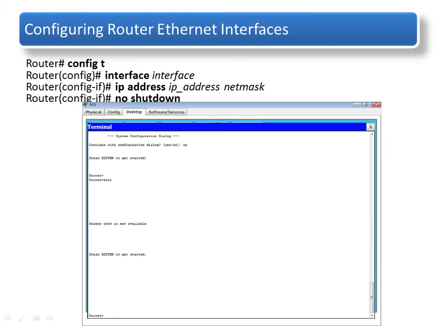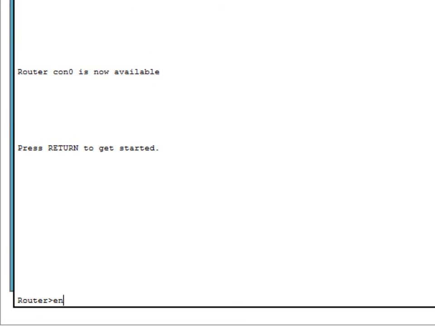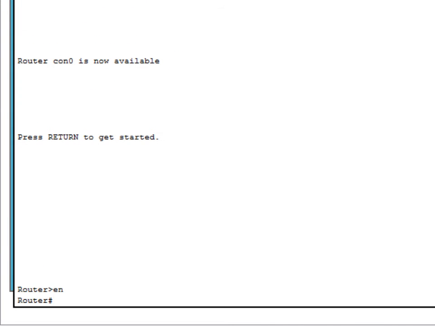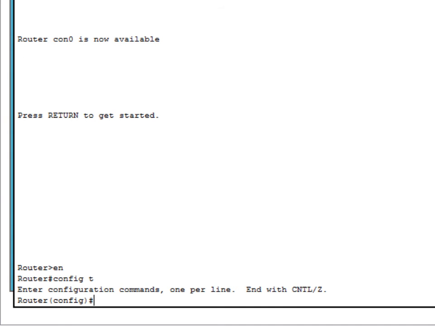Router Ethernet interfaces are used as the gateways for the end devices on the local area networks directly connected to the router. Each Ethernet interface must have an IP address and a subnet mask to route IP packets. To set up an Ethernet interface, one must change their user mode to privilege, so let me type in enable, hit enter, and then arrive at the global configuration by typing in config t, and then entering into a specific mode. In this case, we are going to be configuring an Ethernet interface, so I'm going to type in int